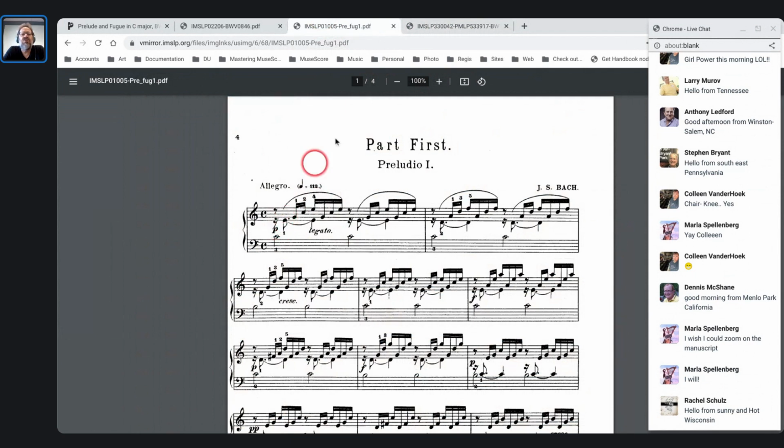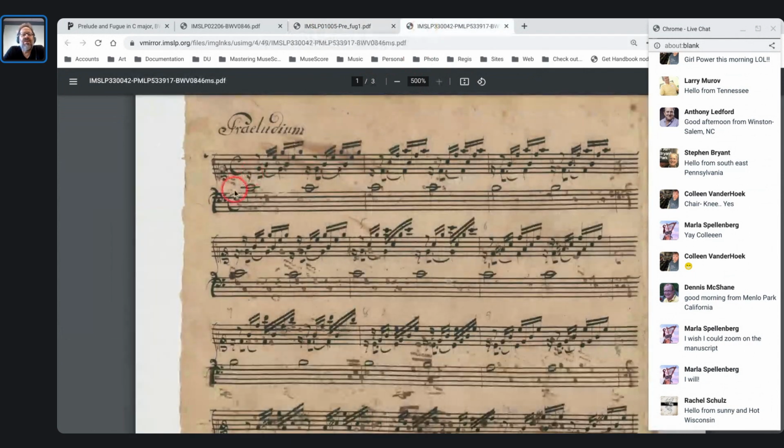That's a standard treble G clef. But Bach's clef is different than that, right? So Bach's clef, this is an E, and that is also an E, even though to us they look like Gs. That is because this clef here is a Baroque style clef. Actually, that's the common time. This is the clef here. So, you know, you have to,